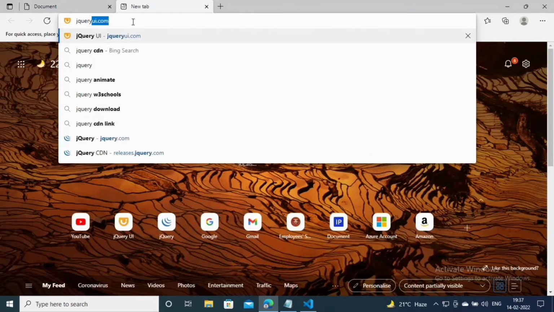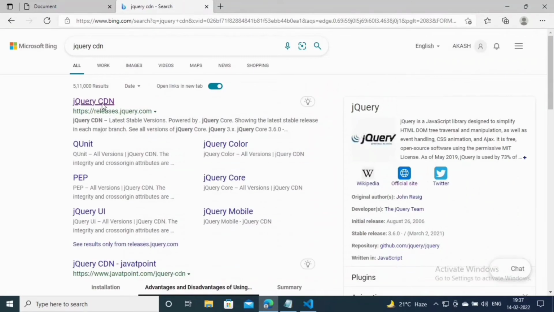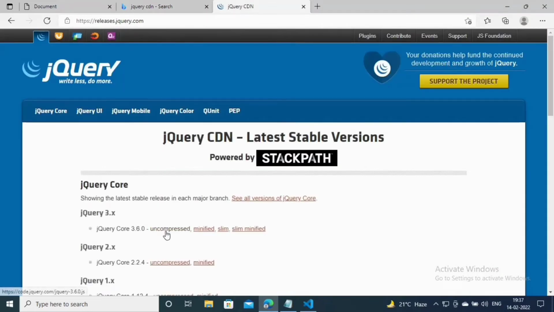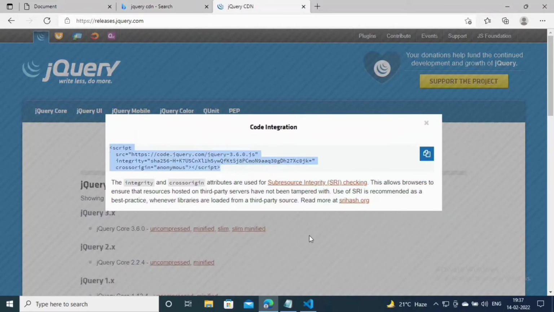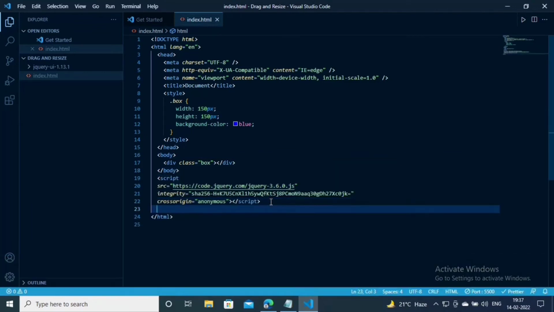First we have to link the jQuery and jQuery UI files. I am linking jQuery by CDN, and jQuery UI I had already downloaded. We just have to link it.